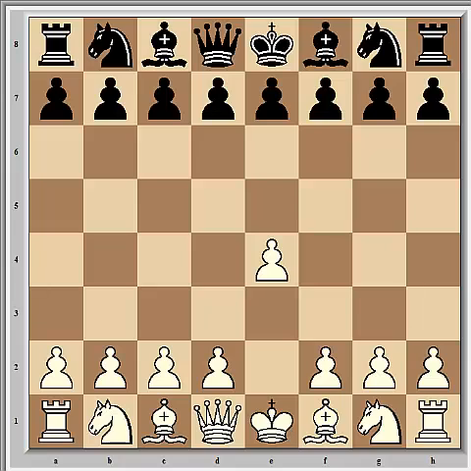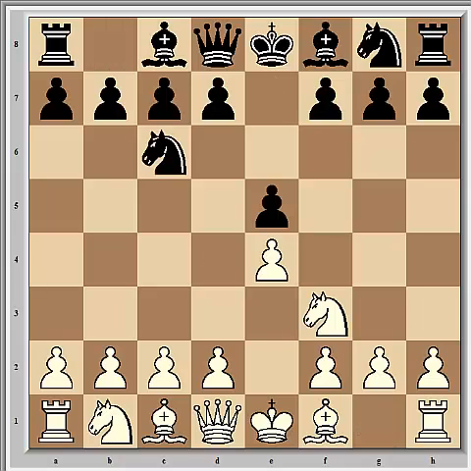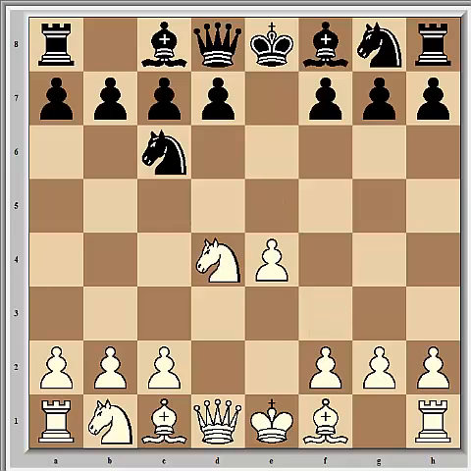Nimzowitsch had white and opened with e4, then followed e5, knight f3, knight c6, and d4, the Scotch opening. E takes d4, knight takes d4, and now d6, which nowadays is considered unsound, although Nimzowitsch felt it was still playable, but only if black follows up correctly, with something like knight f6, bishop e7, castling, and rook e8 to